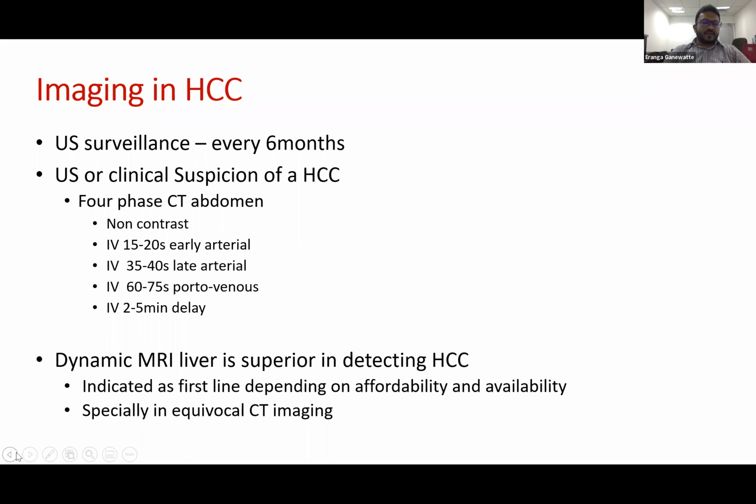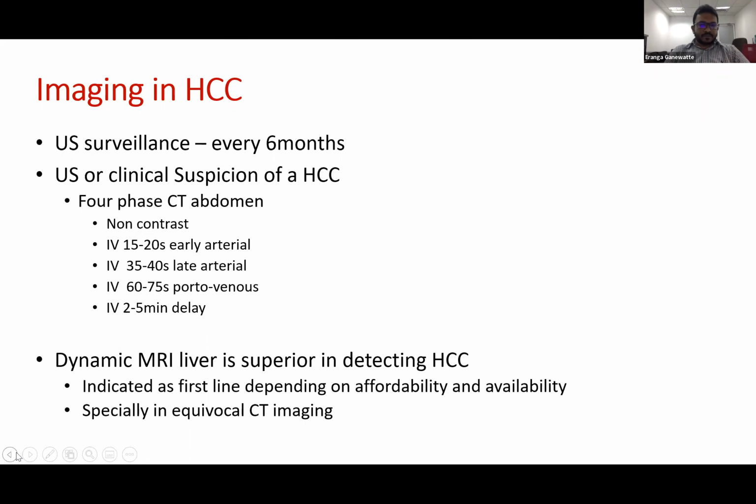Especially if you have a diffuse lesion, if you have portal vein thrombosis. In these cases, you might not be able to pick up the typical enhancement pattern of HCC. So in these cases, the MRI is of much added value. But if both imaging findings are equivocal, we might end up doing a guided biopsy to make sure that you are not dealing with a